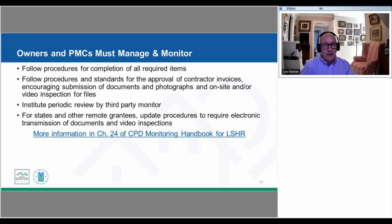So, that could be electronic transmission, that could be send us pictures, send us videos, but thinking about that protocol in advance. We want to route you to Chapter 24 of the Monitoring Handbook for Lead-Safe Housing Rule. It has the checklist that the HUD monitors will be using when they're reviewing your program. So I always think that that's a really good spot to look at in thinking about how do I build